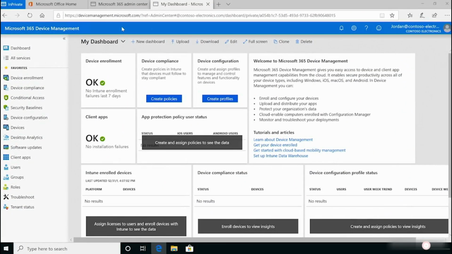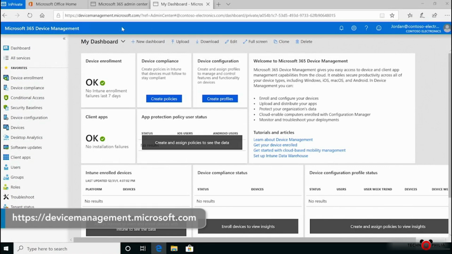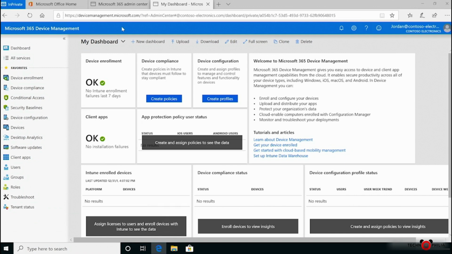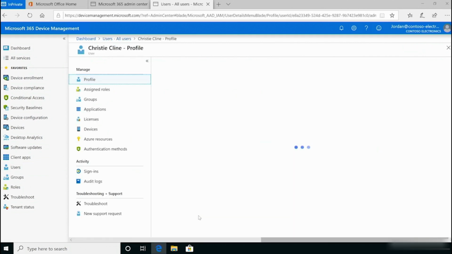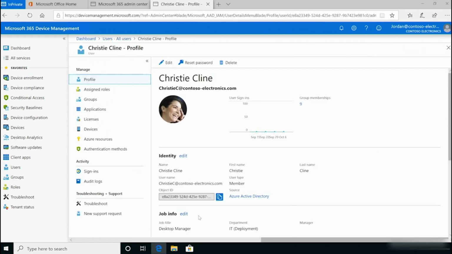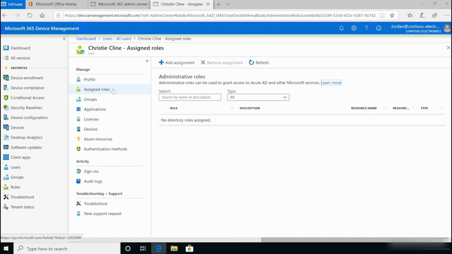Let's drop onto our demo tenant and take a look at how to allocate the Device Enrollment Manager permission to a user. In the Microsoft 365 Device Management Portal, on the left-hand side, I'll select Users, and then select the user that I wish to apply this permission to. I'll select Christy, who's our desktop deployment manager, and I need to check that Christy does not have any administrative roles assigned. I'll select Assigned Roles,